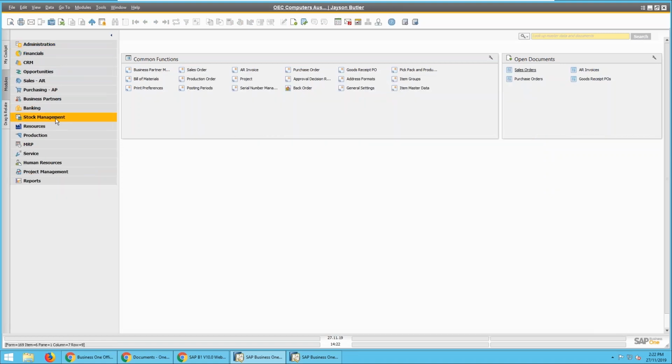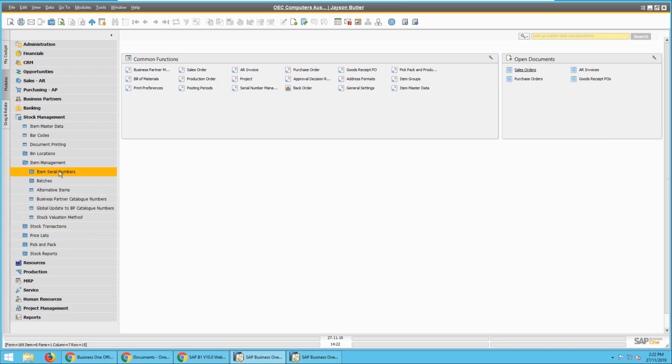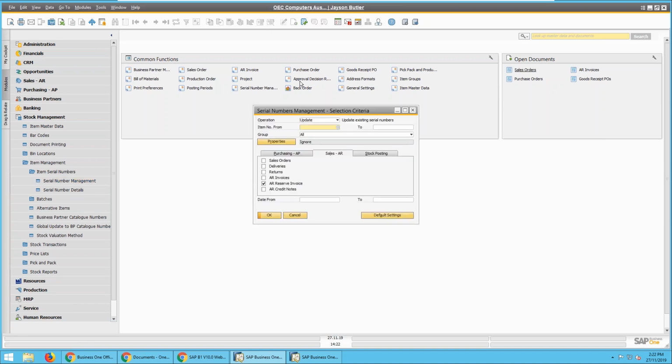Okay, so if you go into your stock management and item management, we're referring to these sections over here, the items, serial numbers, and batches. Today we'll have a look at serial numbers. It's basically the same functionality in the batches as well. So if we go into serial number management, typically if you wanted to go and update some information on existing serial numbers or batches in the system that you've already captured, you can go and use this tool to do that. Now SAP's just expanded a bit upon this, and you'll see now that we have an AR reserve invoice